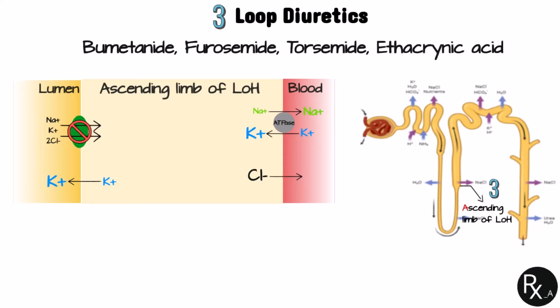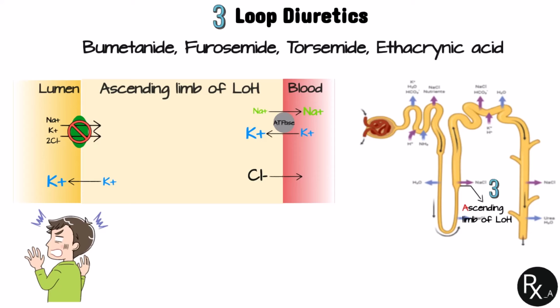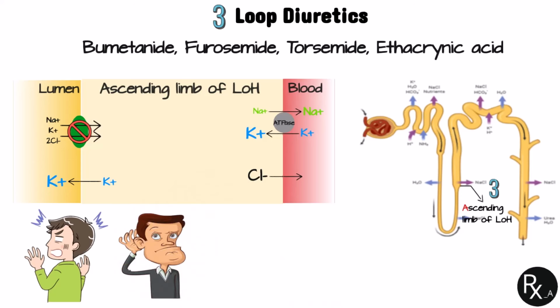When it comes to side effects, loop diuretics may cause acute hypovolemia, which is an excessive and rapid drop in blood volume. This can result in hypotension, shock, and even cardiac arrhythmias. Due to the fact that loop diuretics suppress the sodium-potassium 2-chloride cotransporter, which is also present in the inner ear, their use has also been linked to ototoxicity, or damage to the hearing.